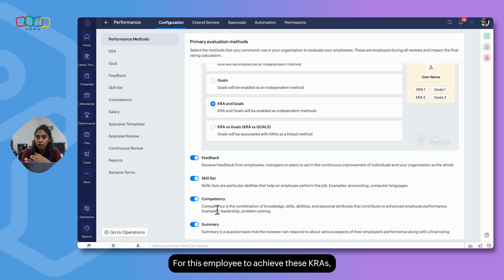For this employee to achieve these KRAs, they need to have better communication skills, and work along with the team. Without these competencies, they will not be able to perform well in the responsibilities assigned to them. This is how competencies are framed for employees in your organization.